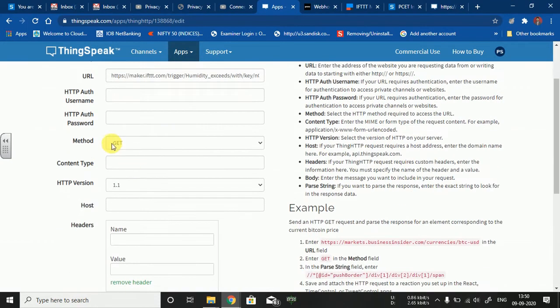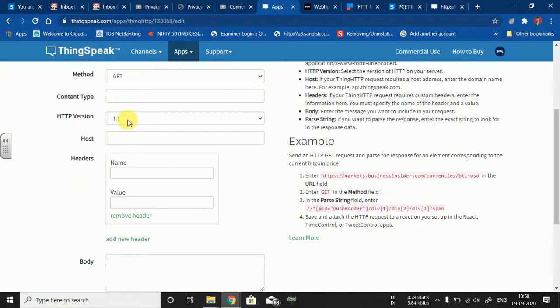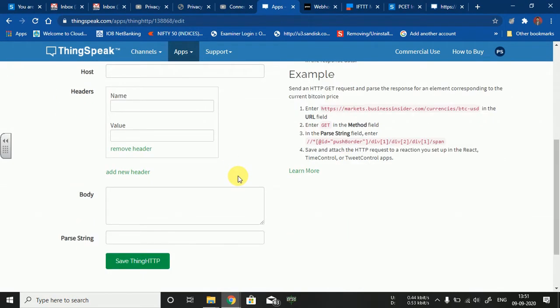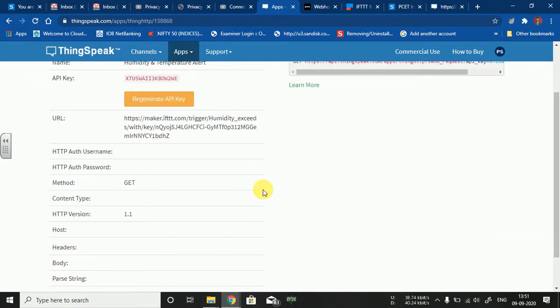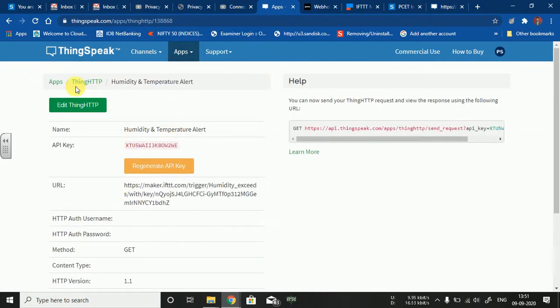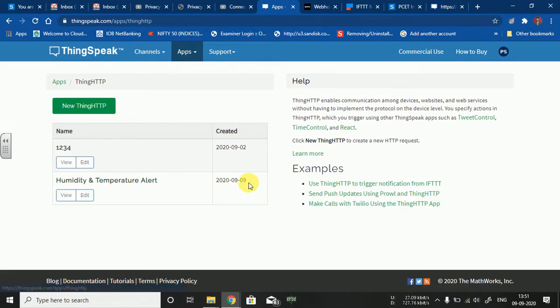The method we are using is the HTTP GET command, so we fetch the request with the help of the GET command. The HTTP version we are using is by default 1.1. We cannot change it, and click on save ThingHTTP. Now see, you are getting this particular field in ThingHTTP, humidity and temperature alert.